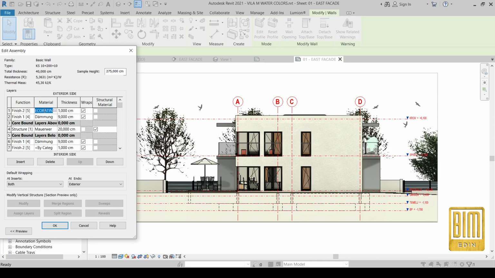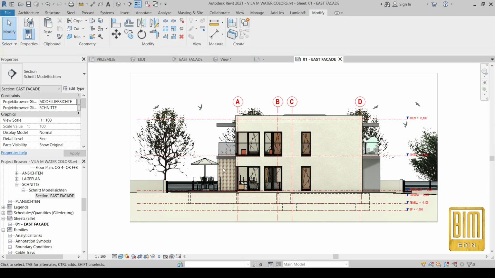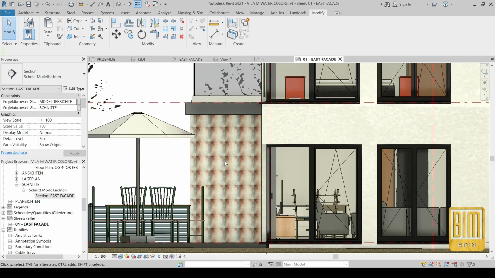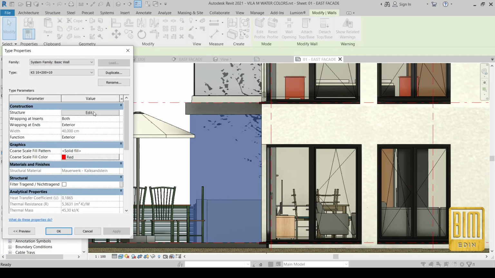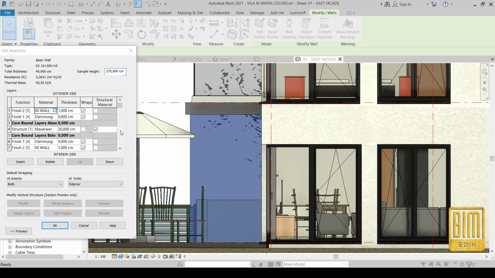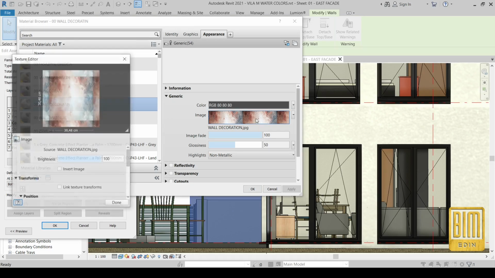We will copy with Control C and Control V. We have this type of material on both sides of the wall. Now you will see, and here you can see we have small photos on this wall. We just need to make this photo texture bigger, and we will do it very easily by clicking on the